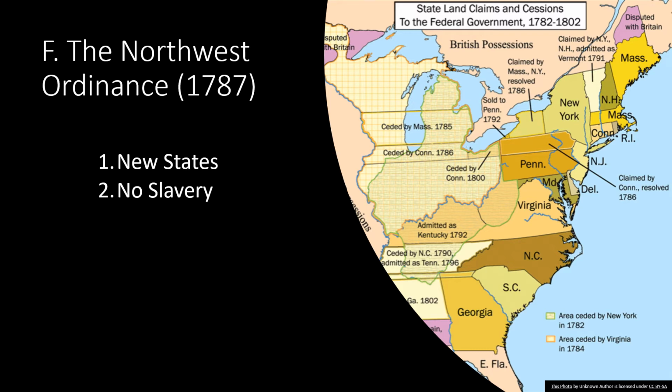Now, the ceded territory was given up by the previous states, as you can see here that were shown previously in a different slide. This was key because Maryland would not go along with the Articles of Confederation. And at that time, you needed all 13 states. When all the states gave up their cession of land, Maryland would approve the Articles of Confederation.